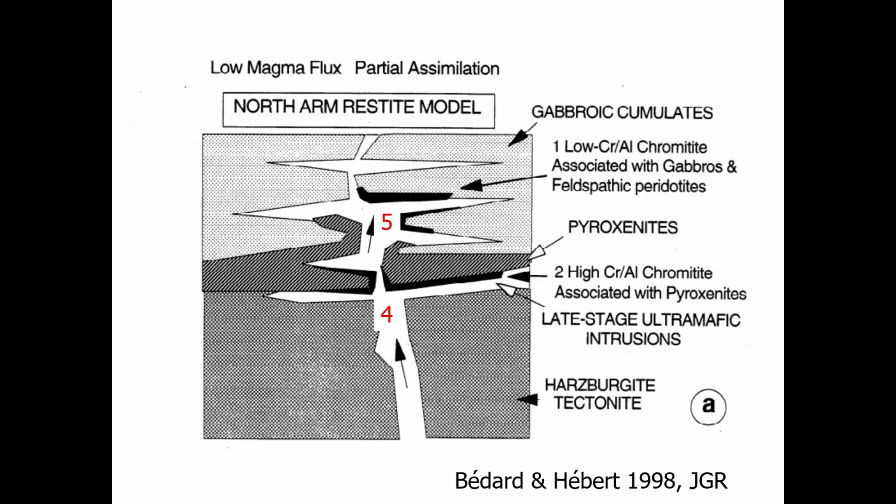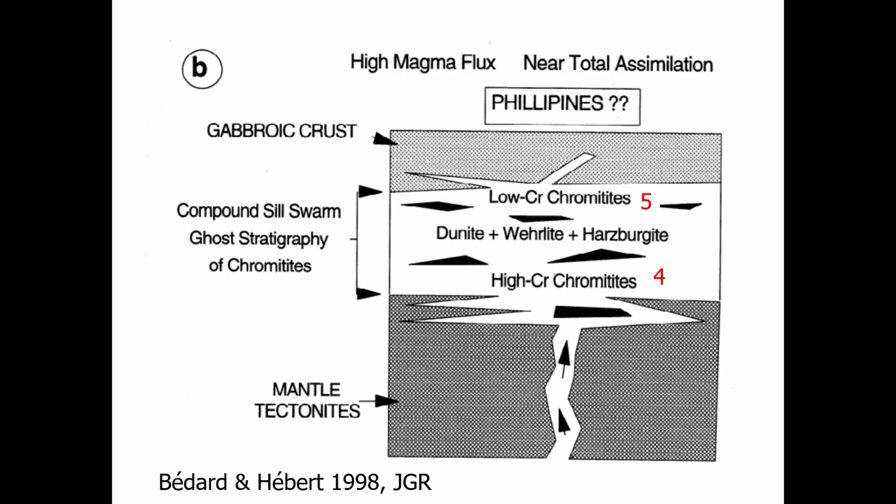The melt's coming up. Whatever it sees, it's not in equilibrium with. If it sees pyroxene, it poops out high chrome chromitite. If it sees feldspar, it poops out aluminous chromitite. Now, the North Arm example is the feather edge of the system. Way too small to form real deposits, but small enough to freeze in halfway so we can see what the hell's going on. Whereas most places, it goes to completion, like the Philippines, all you see is a ghost stratigraphy